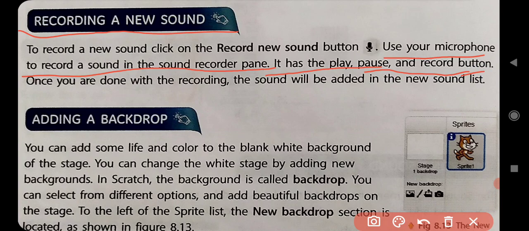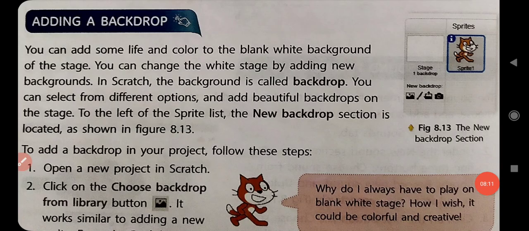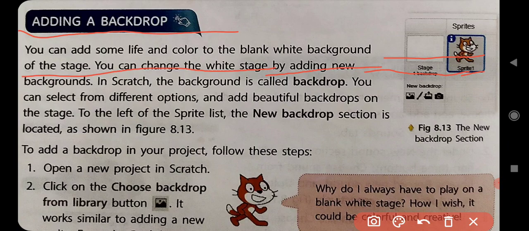Now come to the next topic, adding a backdrop. In this subtopic, you can add some life and color to the blank white background of the stage.